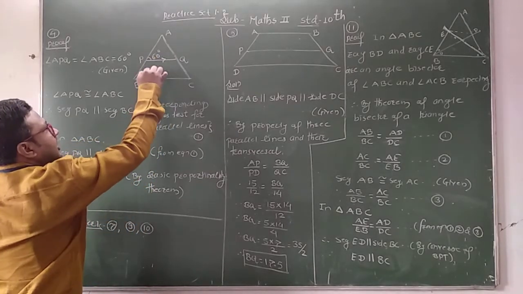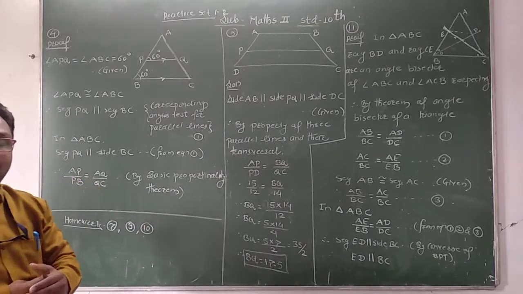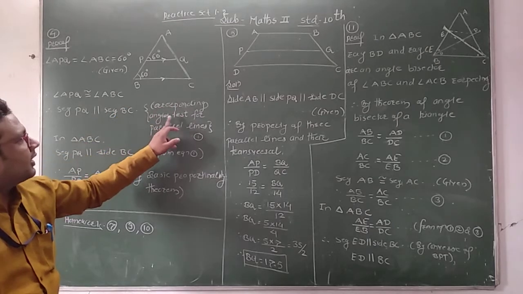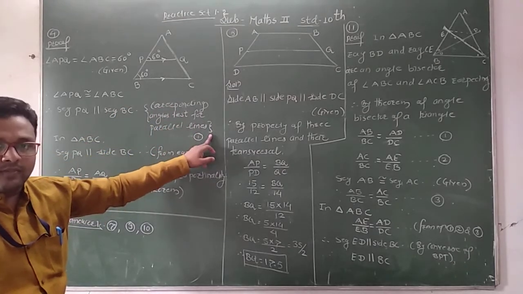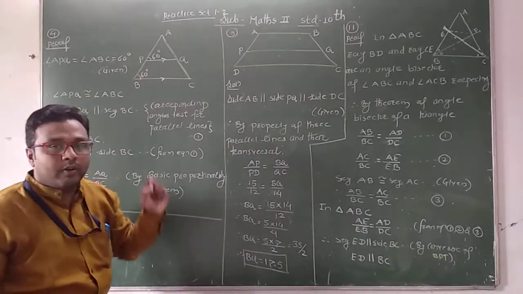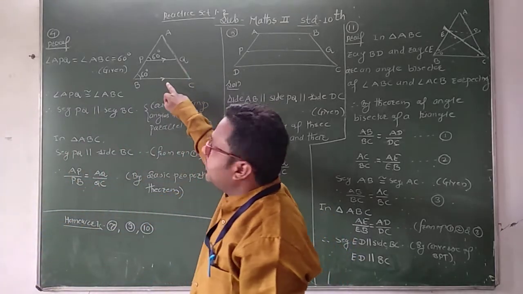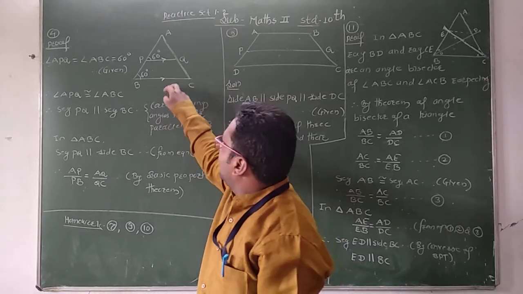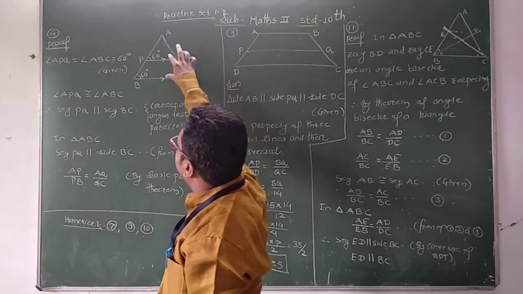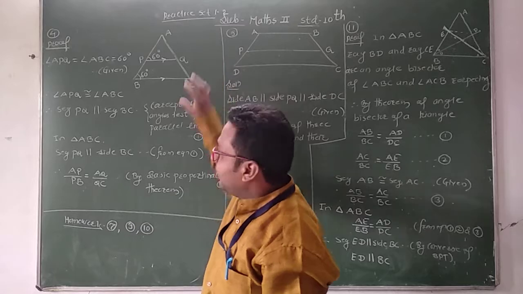Now see, these two angles are corresponding angles. If corresponding angles formed by two lines are equal, then the lines are parallel, according to the corresponding angle test for parallel lines. Clear? Then here we prove that PQ is parallel to BC. Now remember the basic proportionality theorem. If a line is parallel to any one side of a triangle and intersects the remaining two sides at distinct points, then it divides the remaining two sides in the ratio AP upon PB, AQ upon QC. Okay.